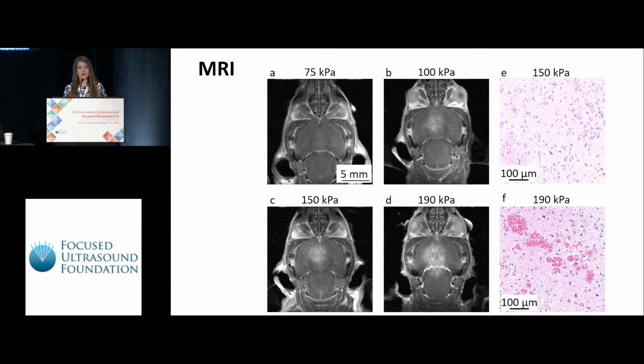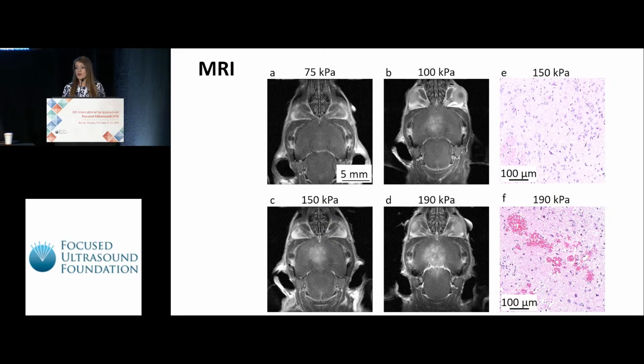Post-treatment, we injected the mice with MRI contrast, which was ProHance, and imaged them. These are coronal MRI images of 4 different pressures along the curve: 75, 100, 150, and 190. In the mice treated with 75 kilopascal, we saw no contrast enhancement. At 100 kilopascal, we saw some contrast enhancement where we treated, and this contrast enhancement increased as a function of pressure. However, the mice that were treated with 190 kilopascal showed signs of neurological damage, which was also validated using